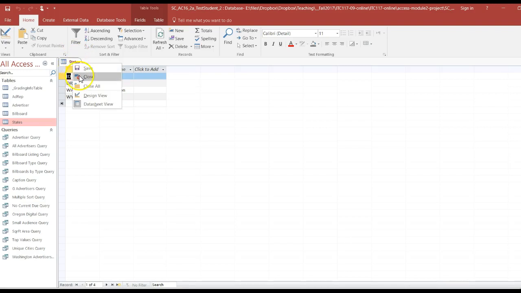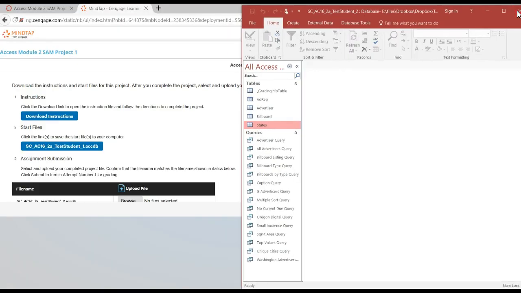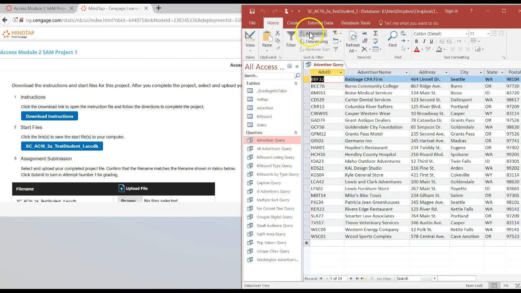Alright. When it comes to queries, this module basically focuses on more querying. We did one query and a criteria in Access Module 1, but in this module we'll mainly focus on modifying the existing queries and creating new queries, adding a compound criteria, like more than one criteria for a query. In addition to that, we're going to learn that Access has 5 types of queries, right? If you click on any one of those and then go to